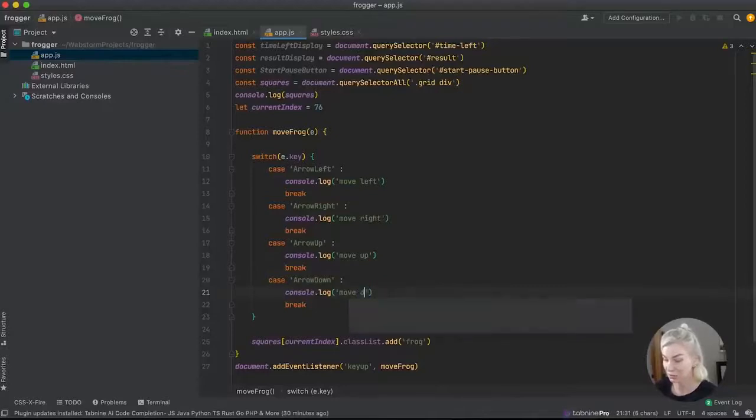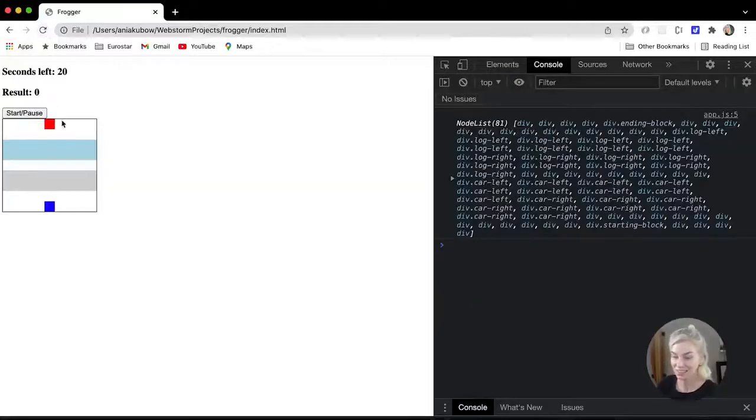And you guessed it, it's going to be move down. So let's see if this works first before we do anything else. Now let's press up, getting move up. Let's press left, move left, right, move right, and down, move down. So you should be pressing the arrows on your keyboard, and you should be seeing these show up in your